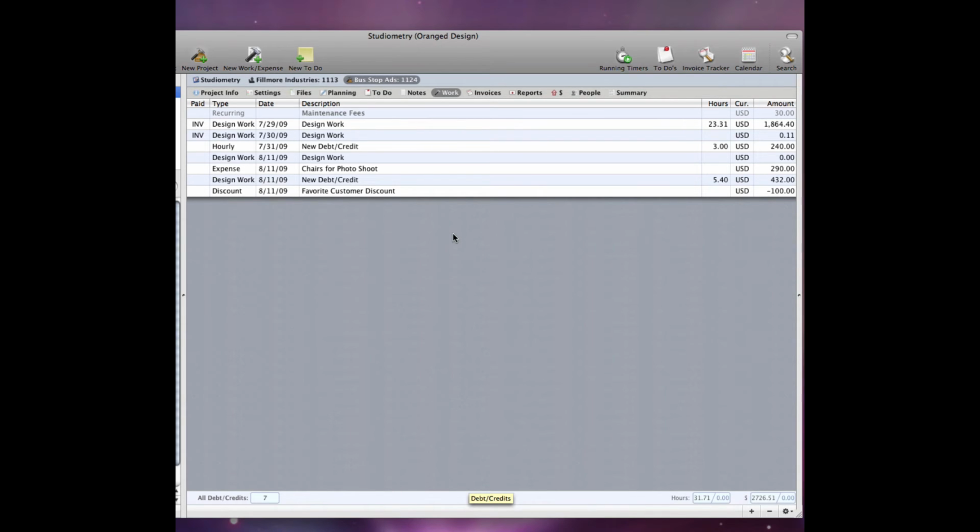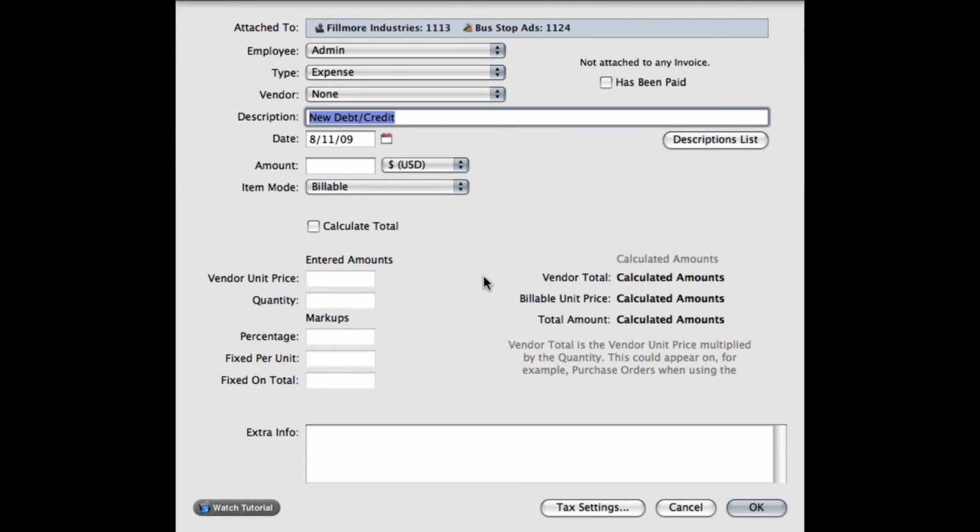Going back to the work editing window, there's one other field I'd like to point out. The item mode field is used in Studiometry to separate your billable, non-billable, estimated, and purchase order items. Use this setting to filter your items when creating invoices, estimates, and reports. For example, only billable items can appear on invoices, while reports give you the ability to select item sets based on the item mode. If we create an estimated item,